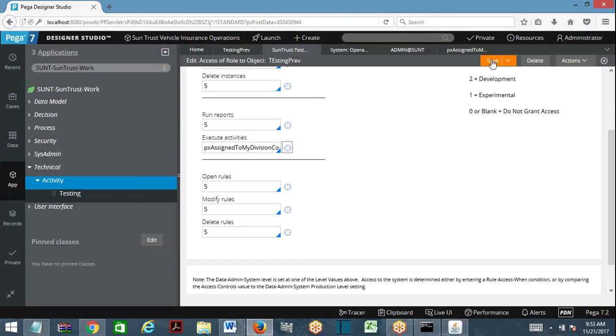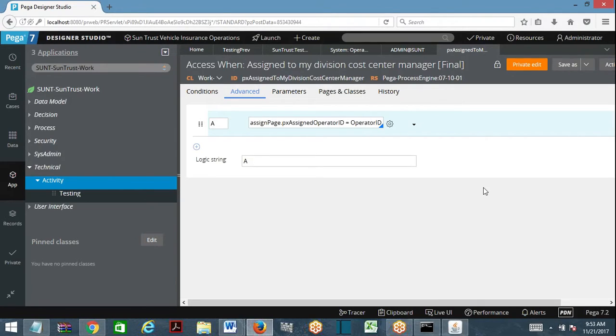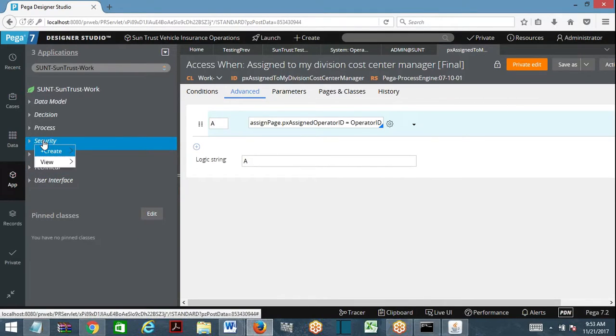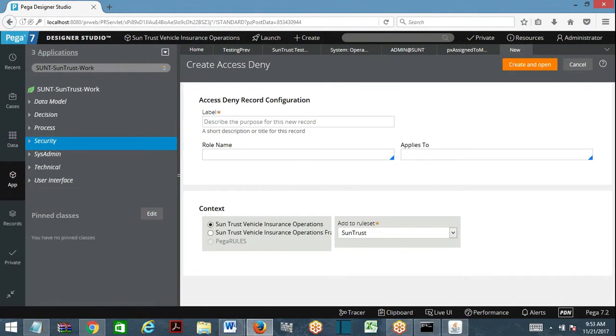Okay, I am taking activities as an example. So irrespective of the environment, if you want to prevent the users or allow the users, you have been provided with access when rules, and there is another type of rule called access deny. So this access when rule, what you see here is a positive condition. What is access deny? Look at here. Okay, before we proceed, you guess and tell me. See this rule form and tell me. Is it similar to any other rule form?